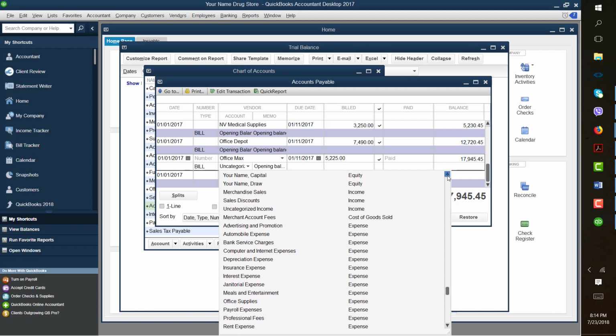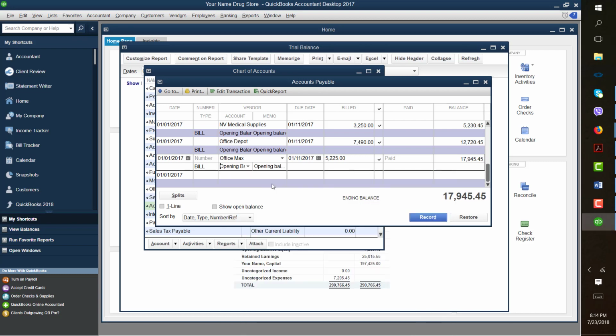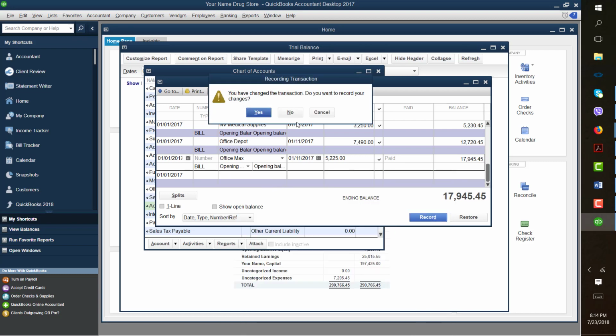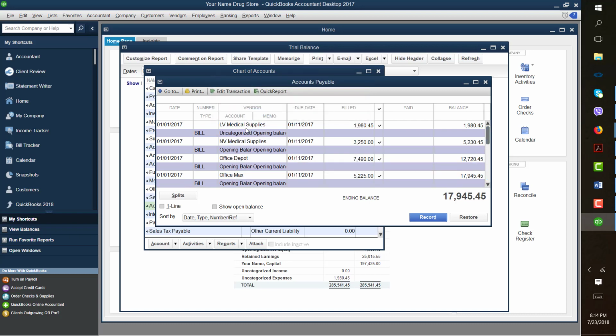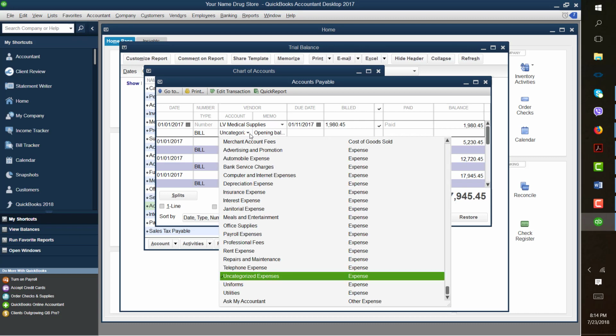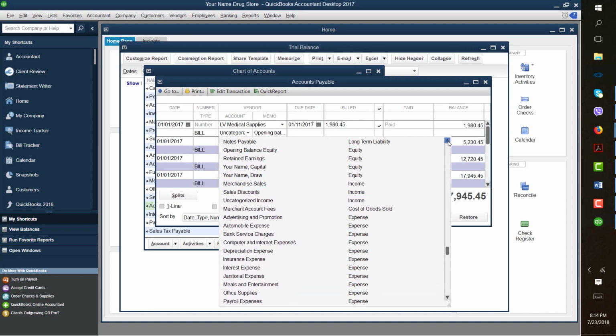Just change the uncategorized expense to your opening balance equity account and save each one of them. So once you have completed all four of them,